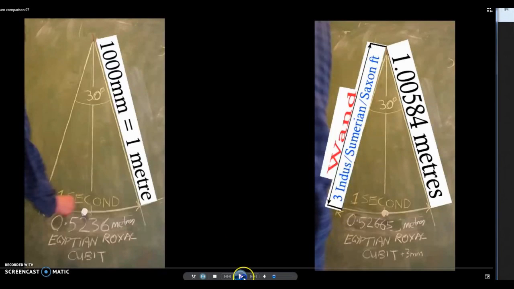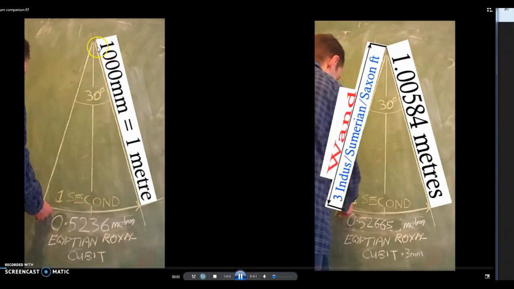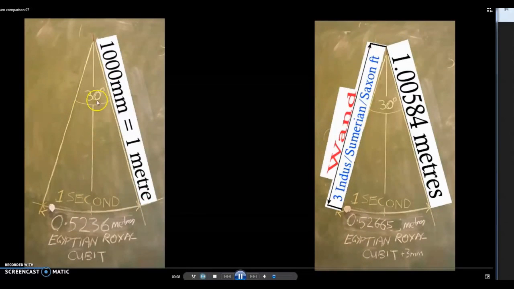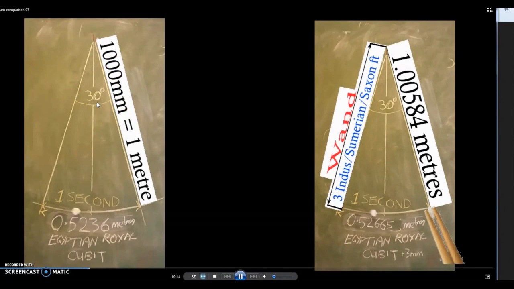So what we have is two pendulums, and we have one which is exactly 1 meter, and that set in 30 degrees, and that section of arc, 30 degrees, of course, being very important in the location of Heliopolis, and the three Great Pyramids of Giza actually, as a recent survey showed, are pointed at Heliopolis. But that section of arc creates one Egyptian royal cubit. So we have the 1 meter pendulum, which makes 1 second